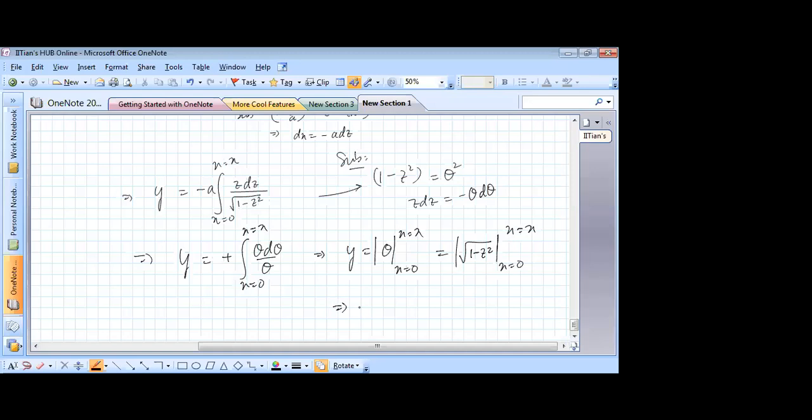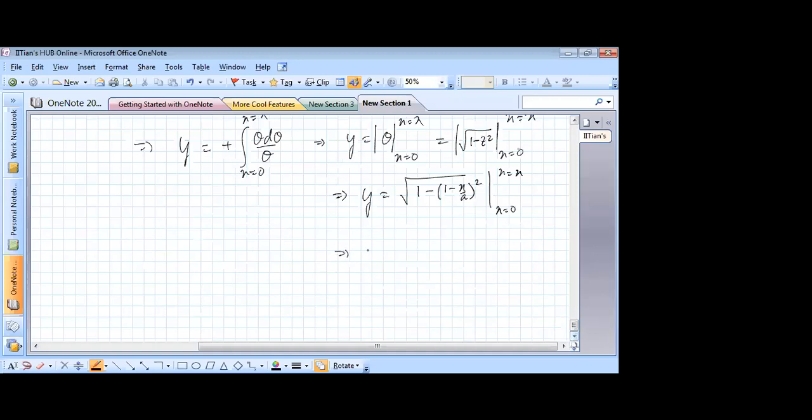So that is nothing but y is equal to square root of 1 minus, now what was z? Z was 1 minus x by e from x equal to 0 to x equal to x. So you see, you will get